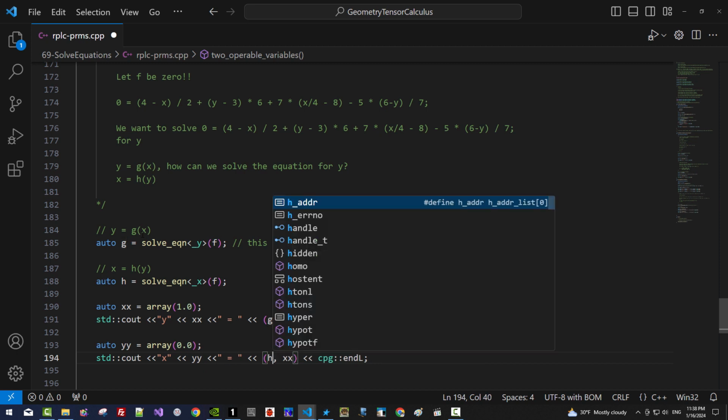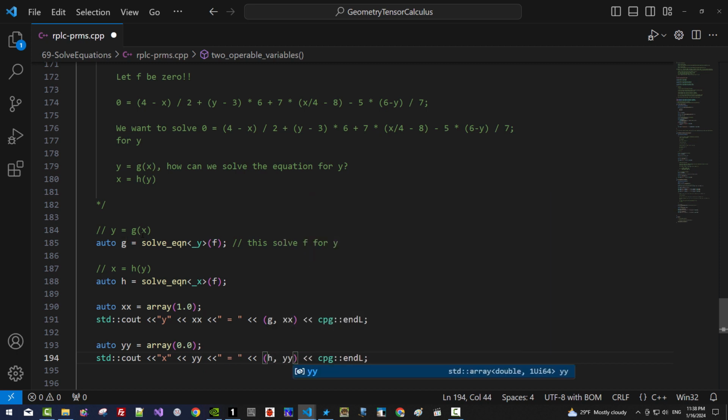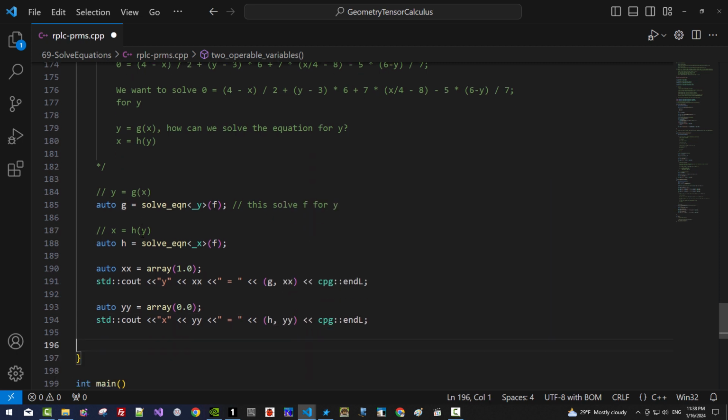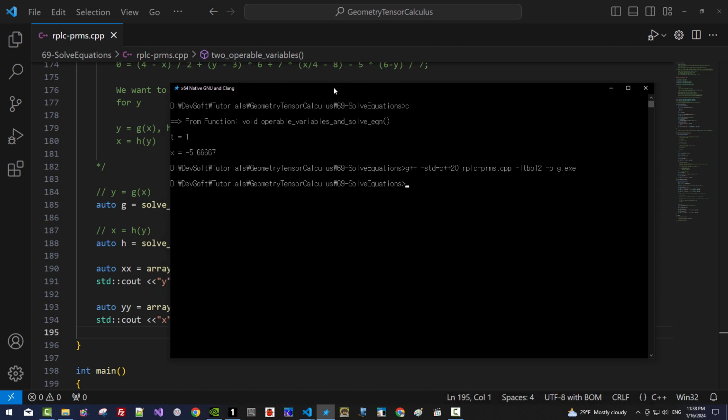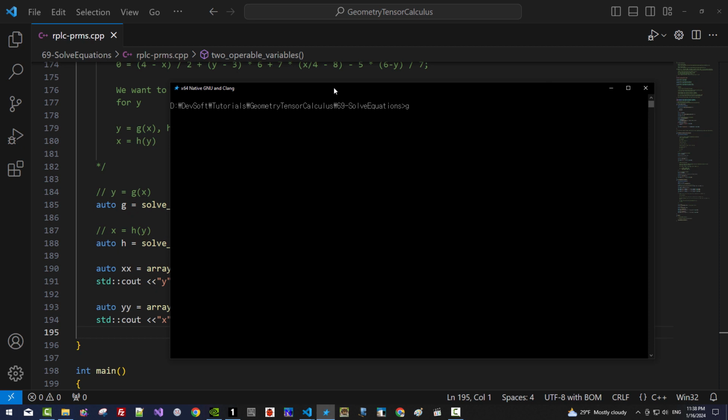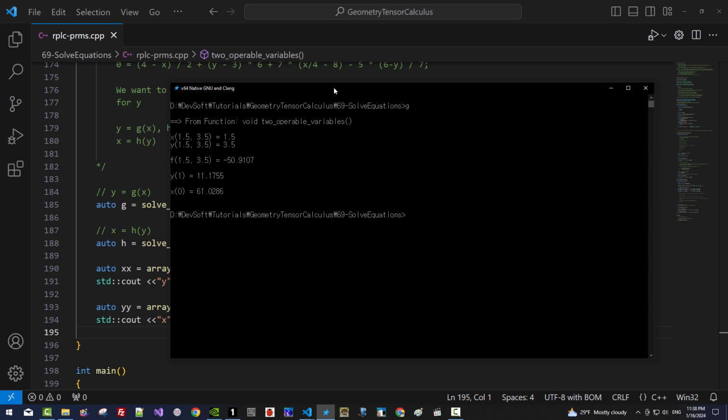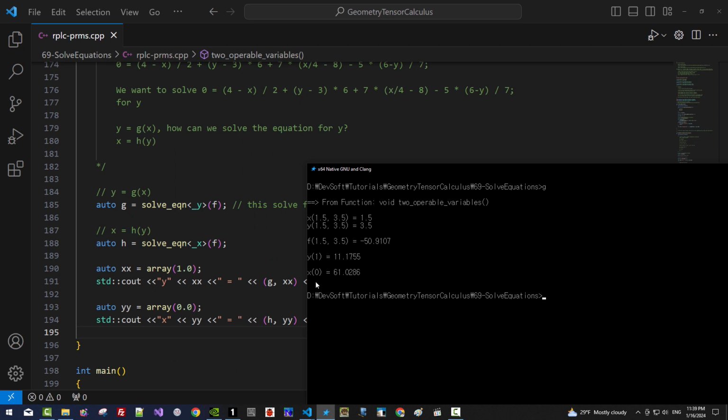This is h, yy. With this, we will be using the GNU g++ compiler. Rebuild, cls g. When the value of y is 0, x is